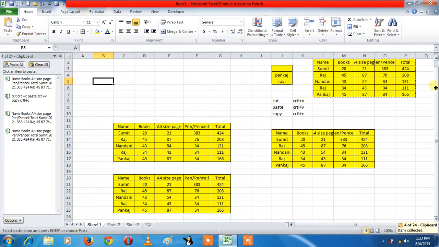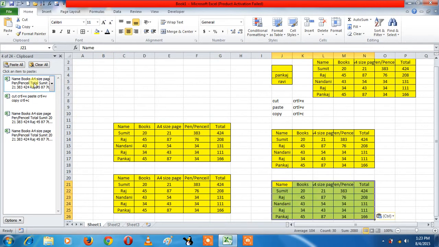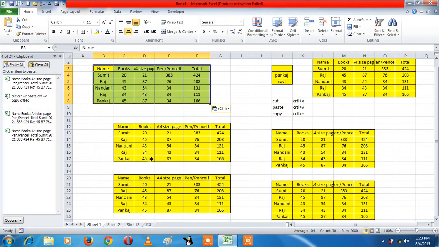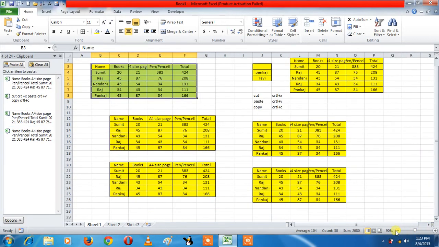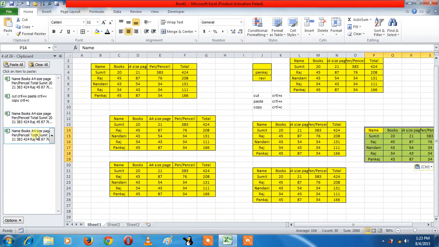For further processing, if you want to paste some data, for example this, click here, and this data will be pasted. So you can do the same thing. Friend, if you want to paste your data, then select the cell where you want to save your data. For example, if you want to paste your data here, then select it. If you want to paste this copy,